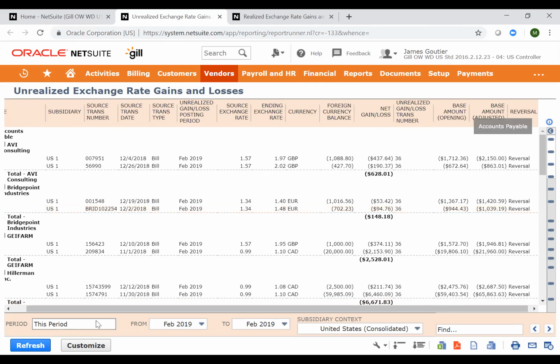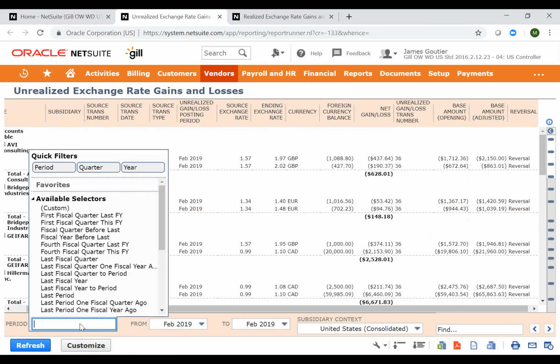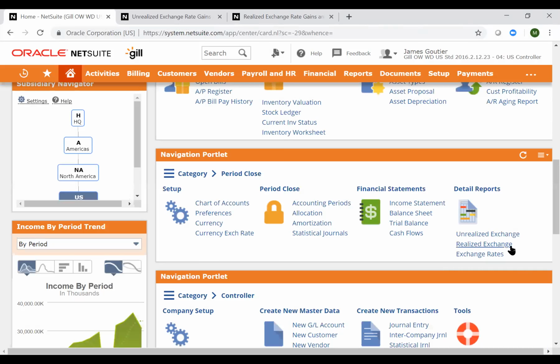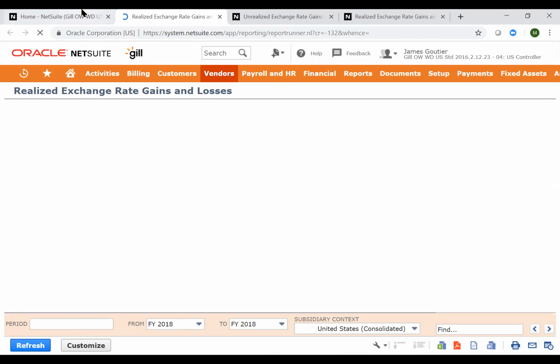So just like the other previous screens, you can choose what period. So all you have to do is click refresh. You can export and send email, etc. So next is the realized. So in the realized,